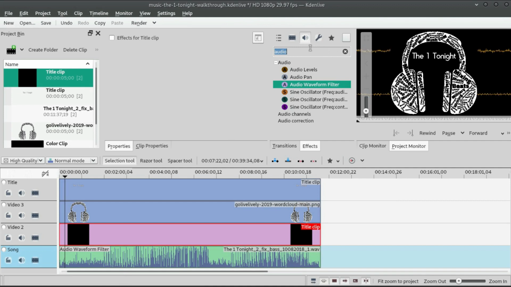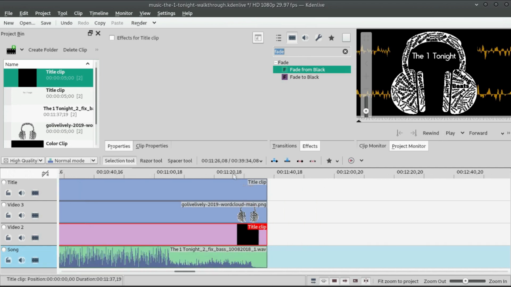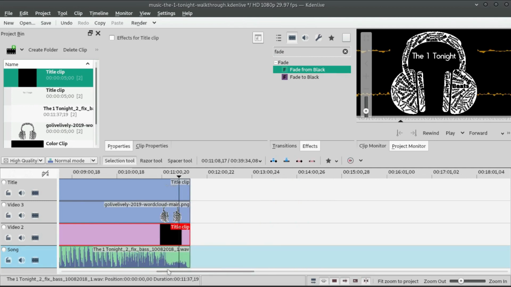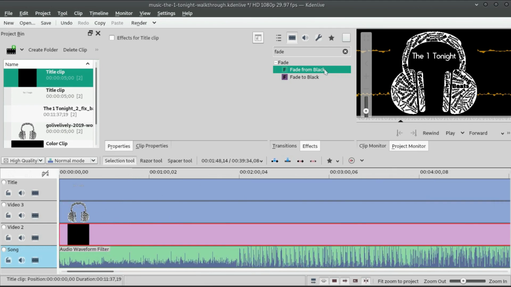All right, so trying to add some type of elegance to here. Need to do some fades. Now, again, I'm not an expert in Kdenlive, so before I go checking the reference, what I believe I did was, well, what I know I did at the end was, nope. I'm going to go with what I believe I did was I think I put a fade from black,